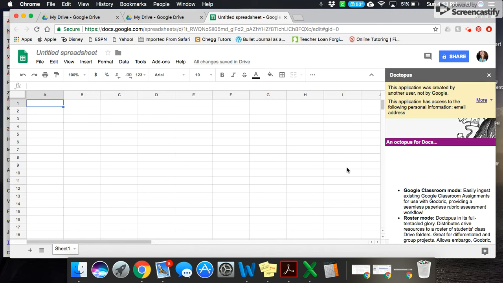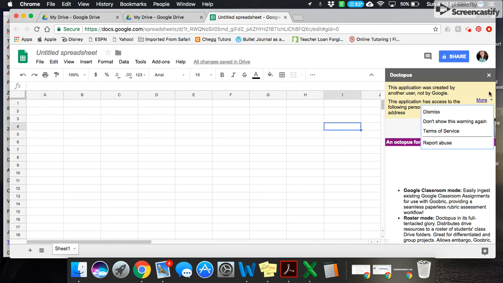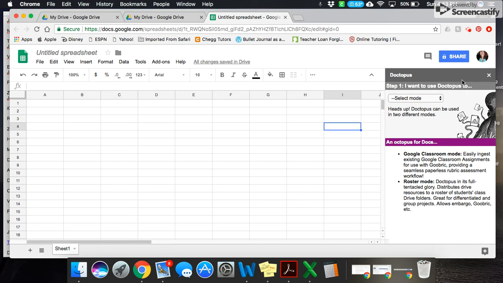So in order to use this most effectively, you're going to need an extension for your computer. Like I'm using Screencastify right now, which is an extension. You'll need an extension as well, not Screencastify though. This box right here just says this application was created by another user, not Google. It's just a little box. You can click dismiss. You don't need it. So now what you'll do